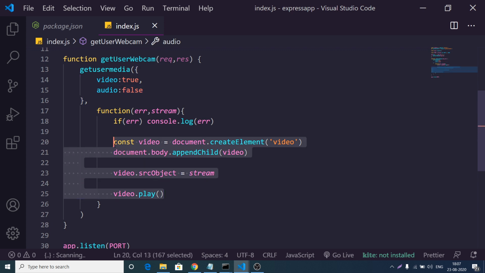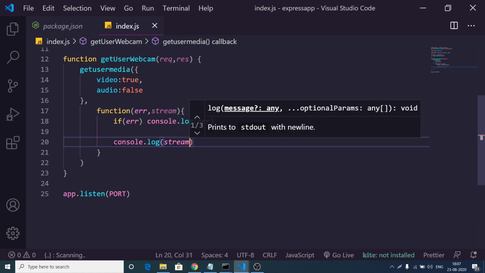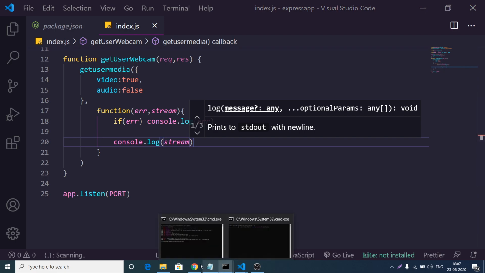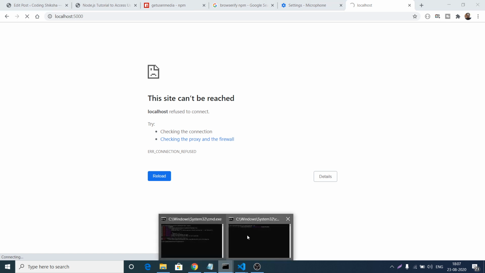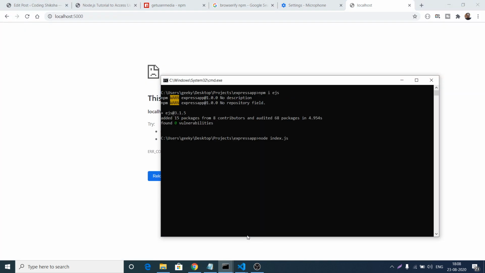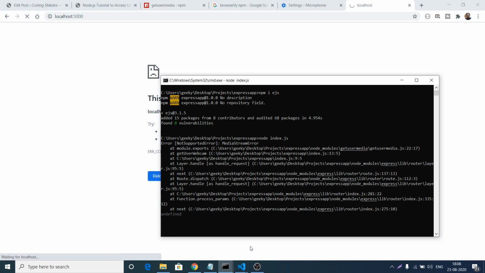If I just console log the stream here, and if I refresh here, if I again reload this application, if I rerun the application and reload, I think this media stream error is coming because inside a pure Node.js application it is not supported.